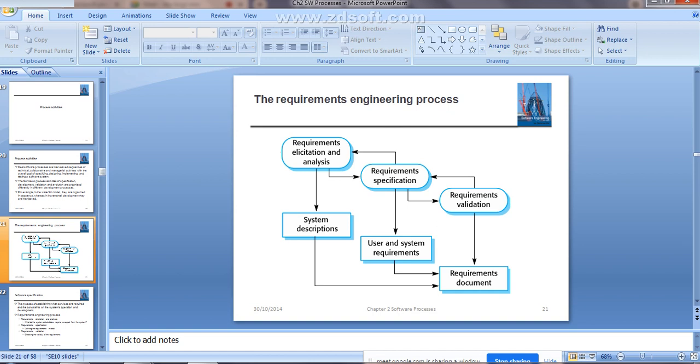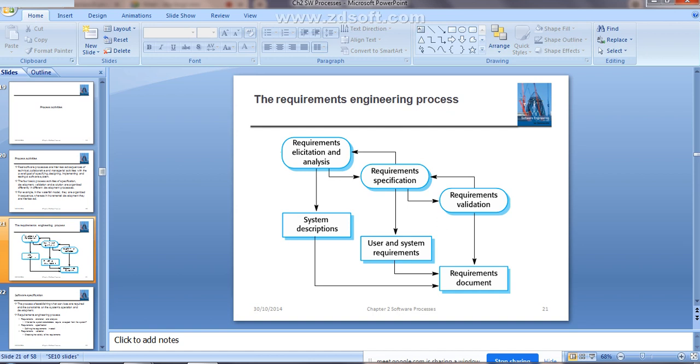That is called the feasibility study. That is the first activity.